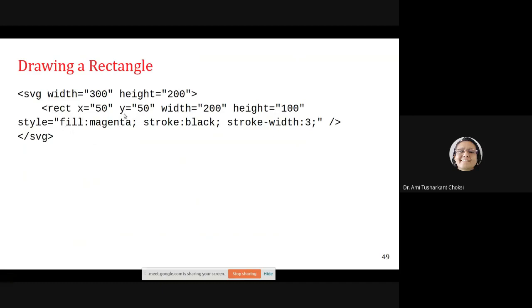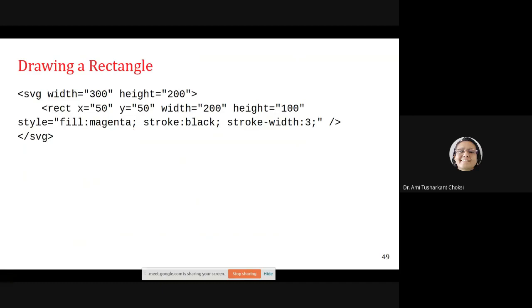So fill colon, whatever the color is, that is the fill color, then after the color, a semicolon. Now I want to provide one more attribute for our rectangle style.